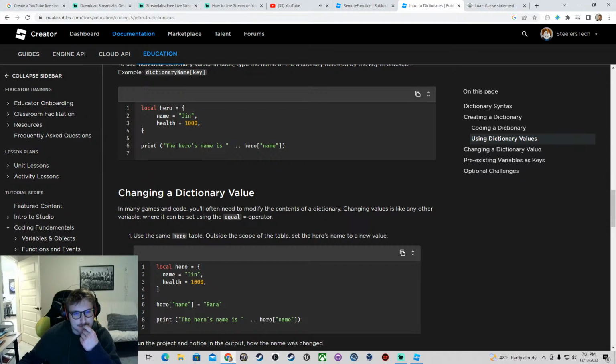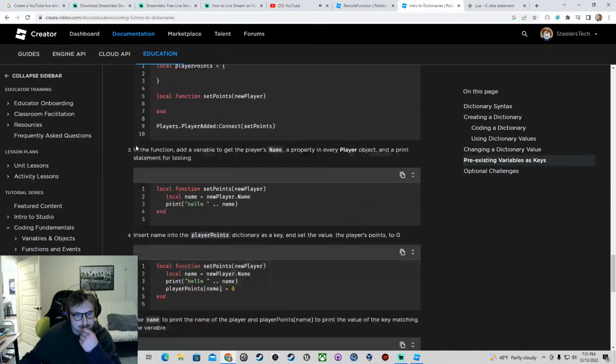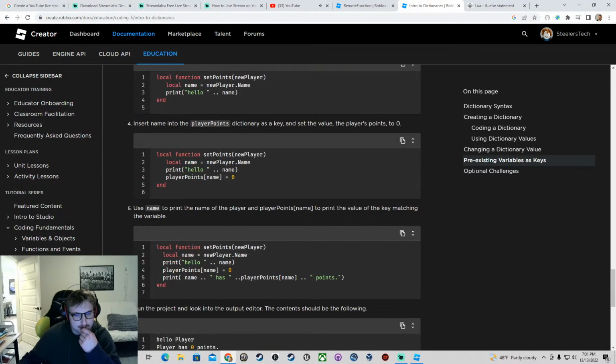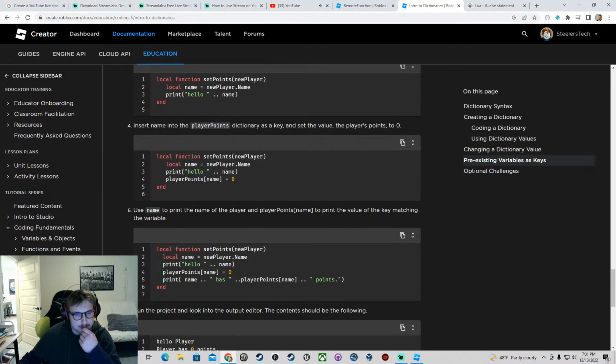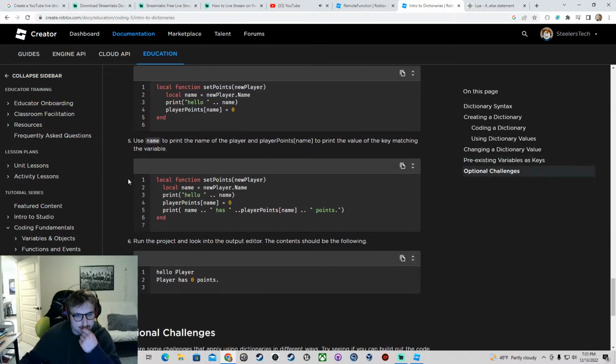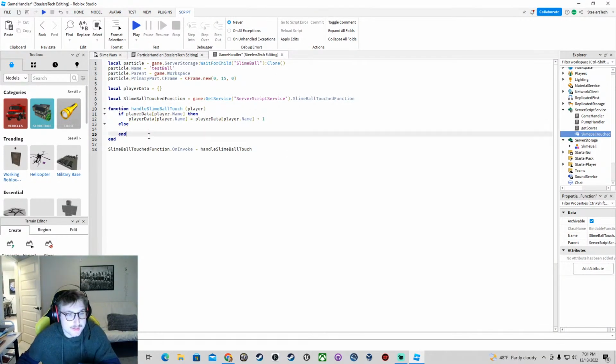I don't know if this is going to work, but let me see. Is there like a set points? That's what I'm looking for, something like that. New player points name equals 0. You can just do that. It doesn't get mad. Okay, I don't even need to check it then. So I can just say,